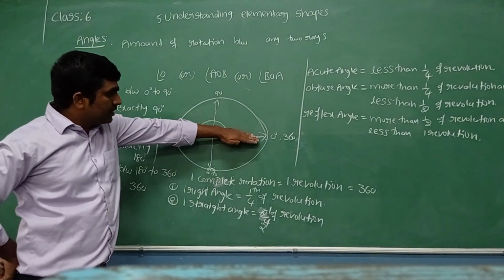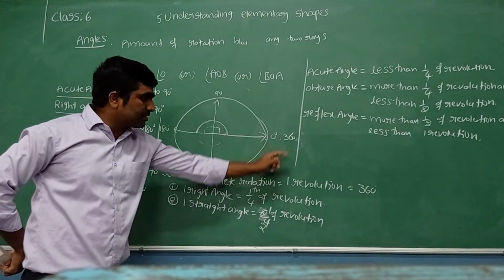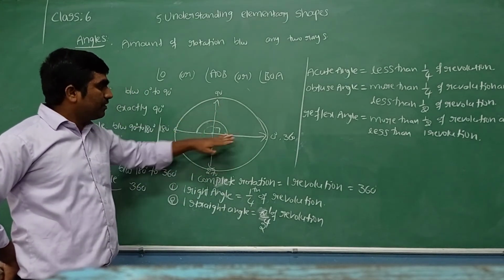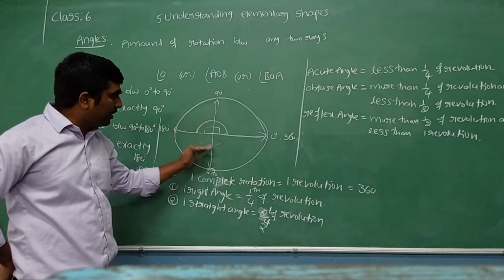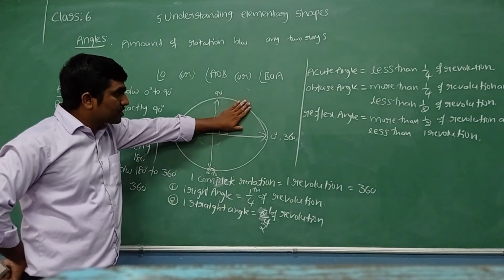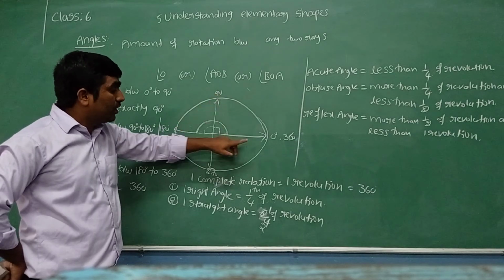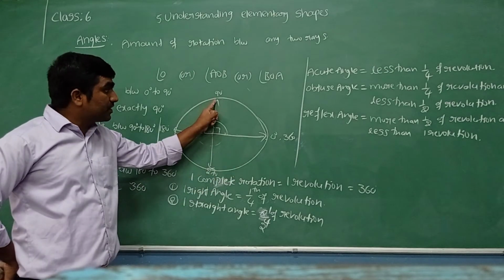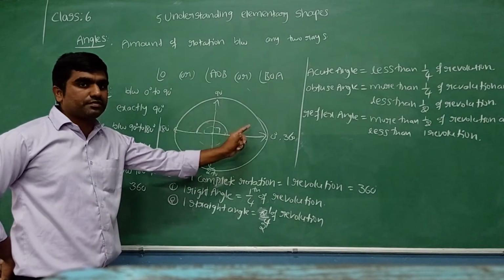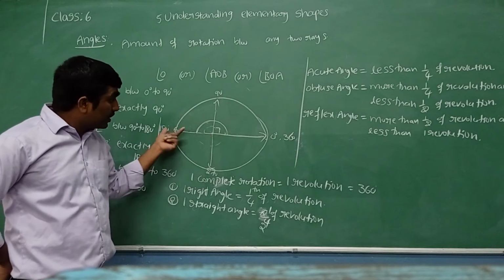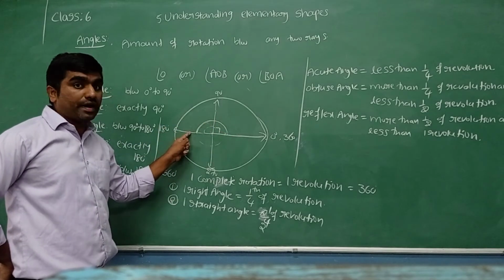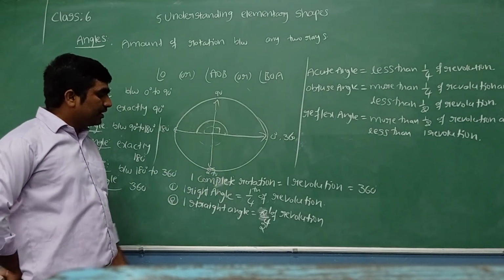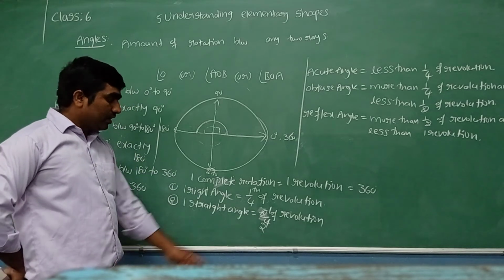Let me repeat once. This total complete angle is 360 degrees. I am taking it as one revolution. Let me divide this one revolution into 4 parts, every time increasing by 90. 90 degrees is called 1/4, since we cover one part out of 4 parts. So 180 is half of revolution.